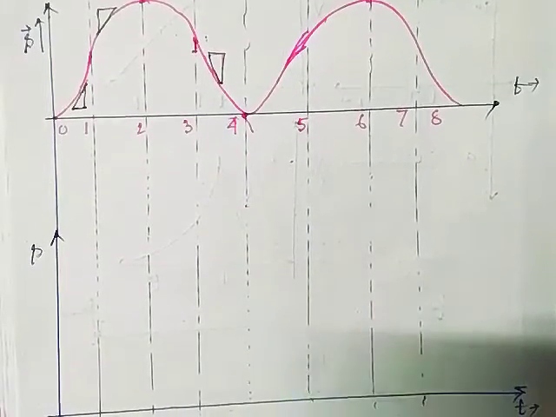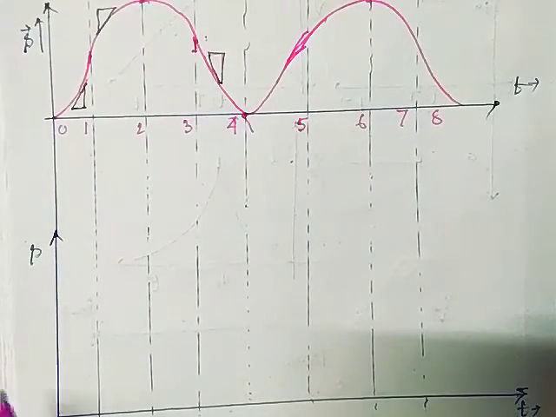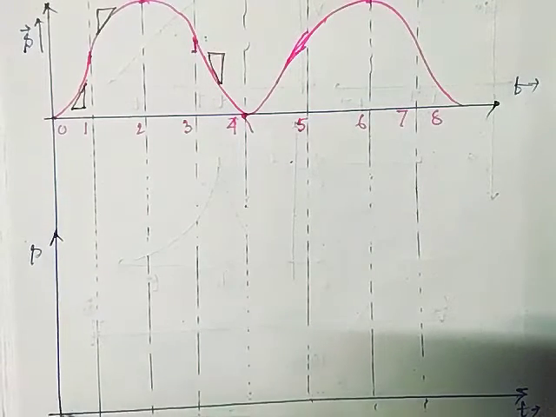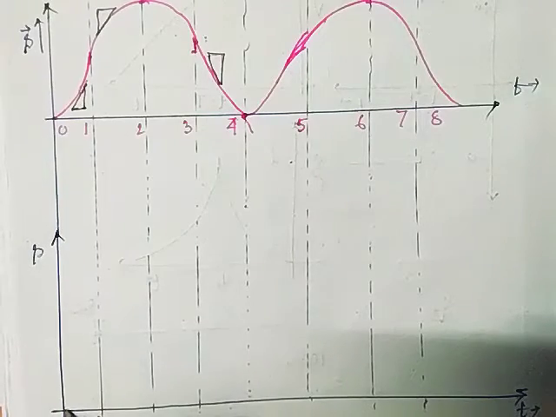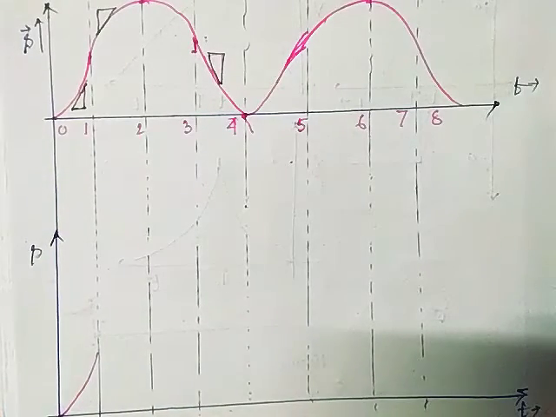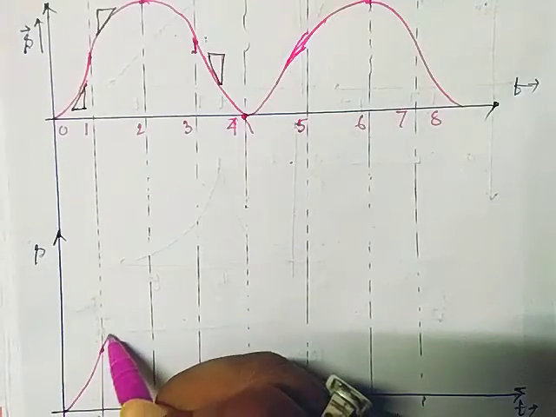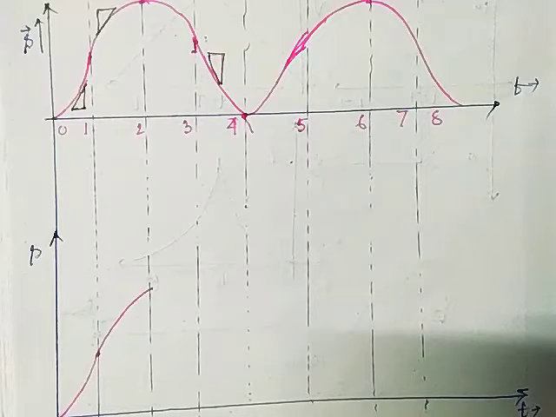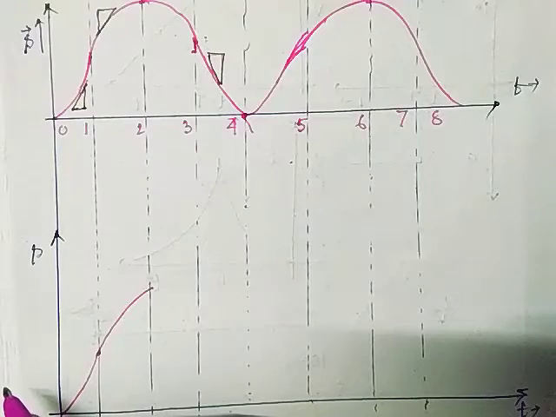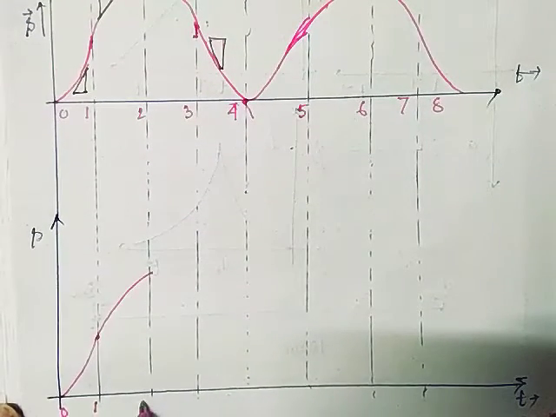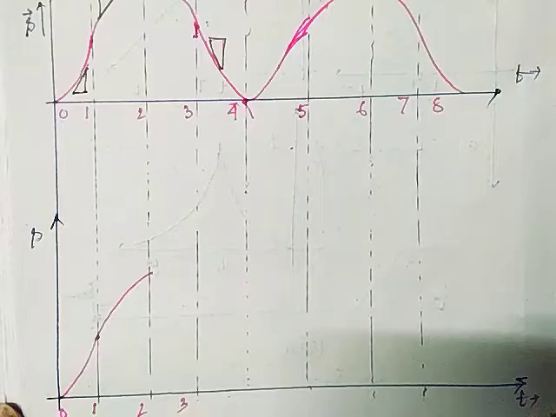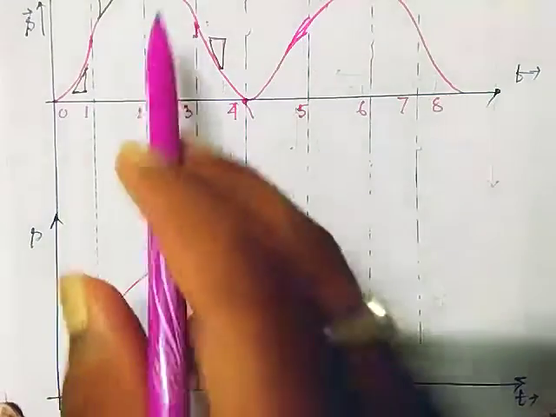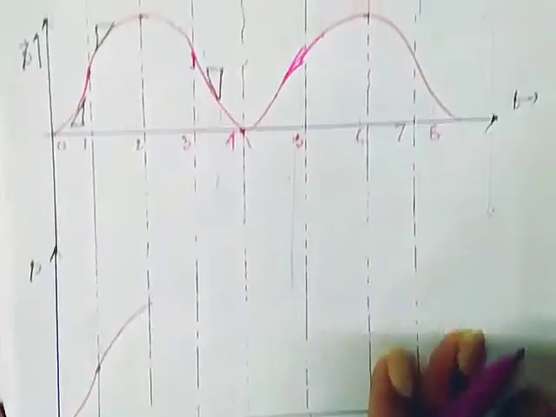Now if I want to draw the graph where S is the distance: from 0 to 1, it is increasing, no problem. From 1 to 2, it is increasing, no problem. Now the displacement becomes negative. But the distance does not concern the directions, it only considers the values. It will say it is increasing, I am just talking about this.